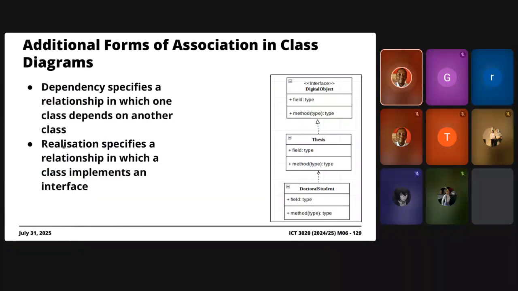So we're just saying that realization helps model this, right? So in this particular case, dependency, right? If you notice here, we're specifying that a thesis is part of a digital object, meaning that you have a dependence relationship. And this is how you represent dependency, right? It's a directed arrow with a dashed line. Then you have the hollowed out arrow tip, right? Whereas